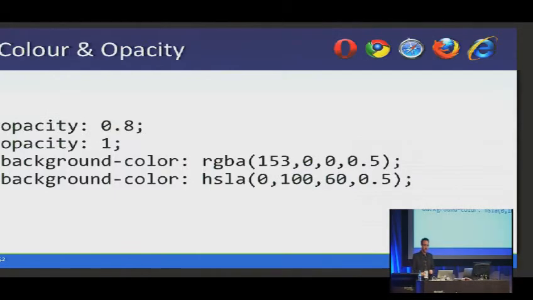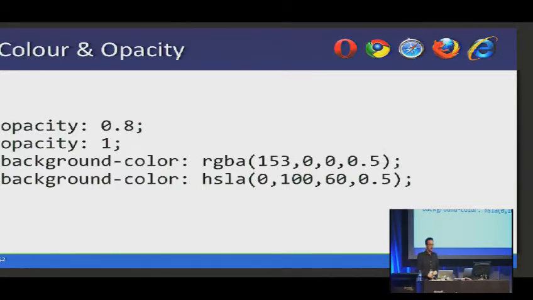Right, the first one is opacity. Now, this has been around for a while. Internet Explorer uses the filter, the CSS filters. I don't know if any of you guys have used that before to achieve this similar thing. It's now rolled into IE9, and it works across all those other browsers up at the top. So the first two examples set the opacity of an element, and it's probably worth noting that any child element will also have that opacity. So if you have a div and you've got a bunch of things nested in that div, all of it will have the same opacity.